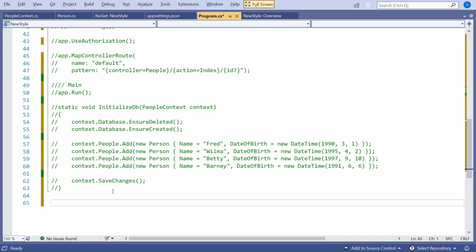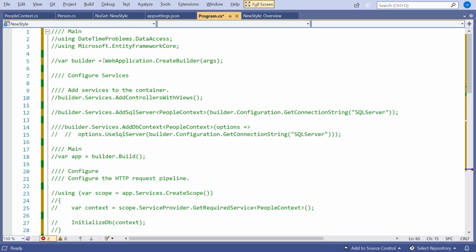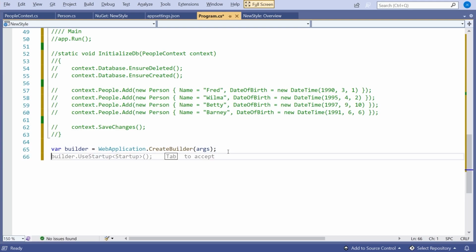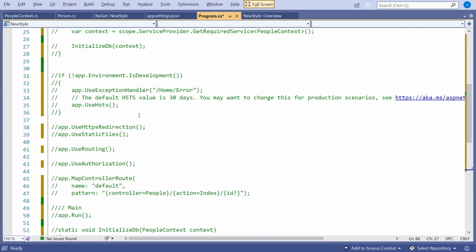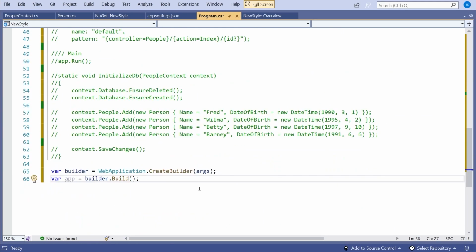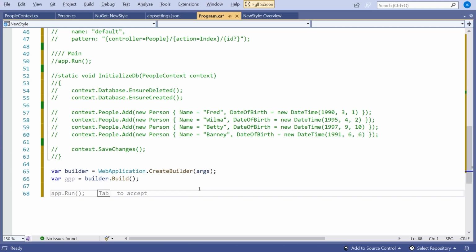So I'm going to have a var builder equals, and then this is going to be basically taken from that first line there. So we create our builder. I'm then going to, from the builder, create the app. So I'll say var app equals builder.build. And again, that was hidden in there, just up there. And then I'm going to write this absolutely minimal website. And it could be more complicated than this, but this gets it going.